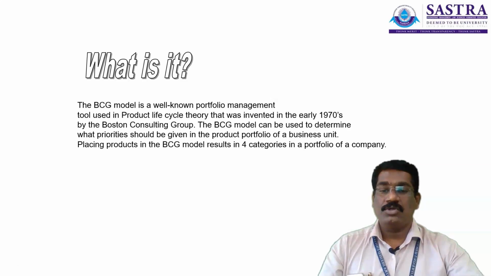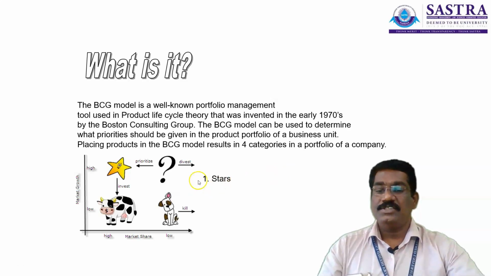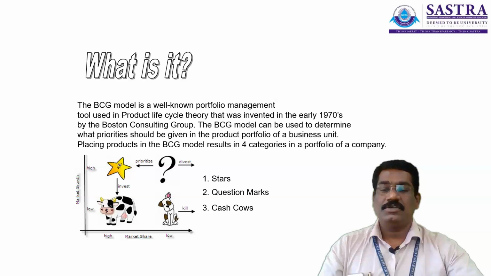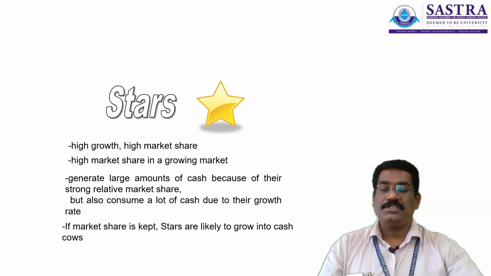One is cash cow, dog, star, okay, and also question mark. So this is the condition here. We have 4 quadrants here. One is star, and cash cow, dog, and question mark. So I was explaining to you about the conditions involved in these 4 quadrants. Okay, so you can see the 4 quadrants here. Next one, let us go one by one. That is, let us understand the condition of each quadrant. Let's start with stars.